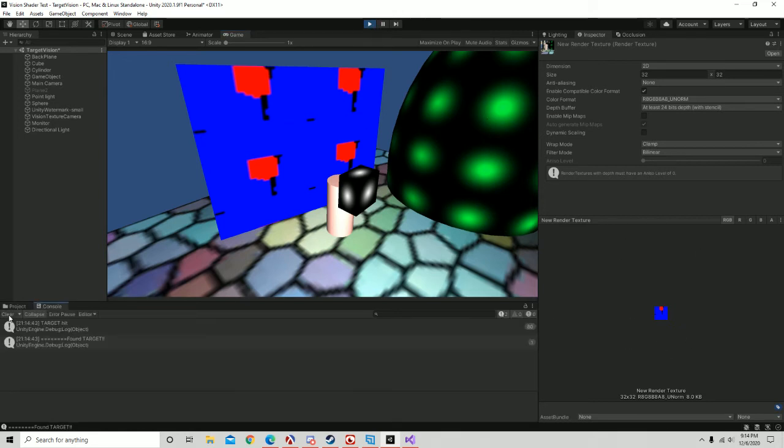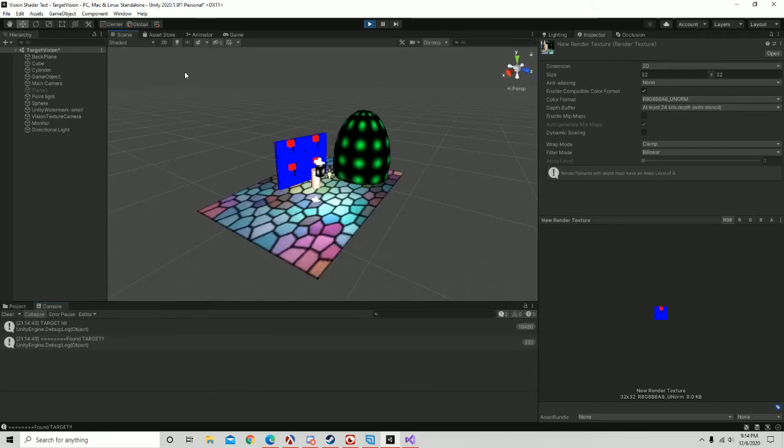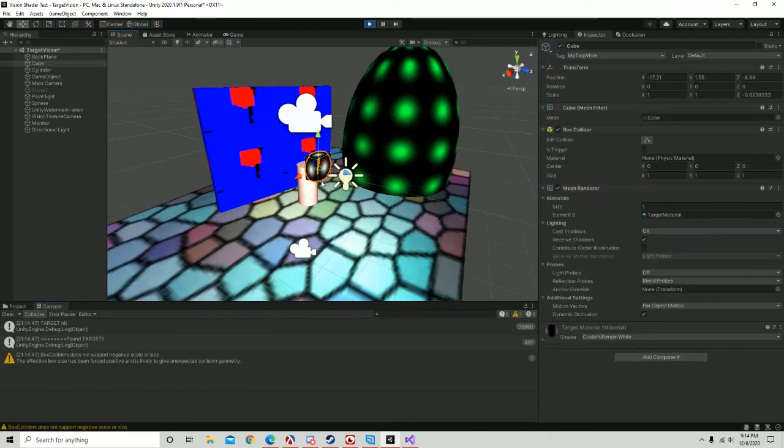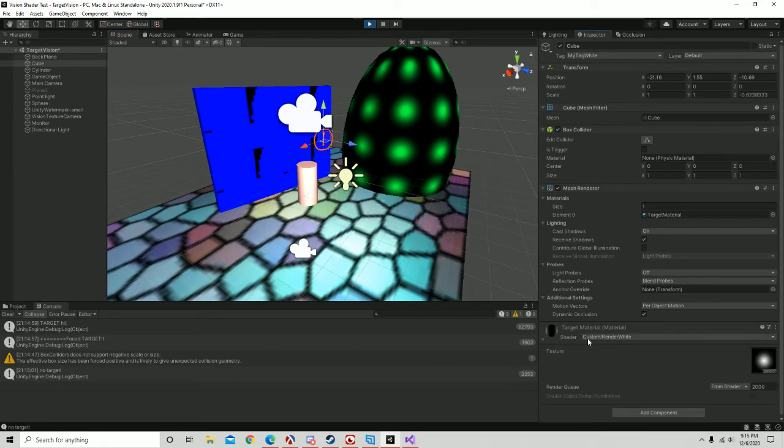And right now I'll clear and I will move this block. So as you can see, this would be our player. So we would put the texture on the player, and it would say, all right, my texture, which if I go target material,